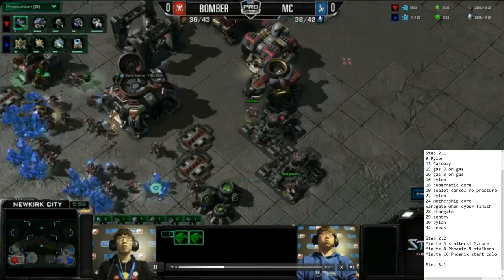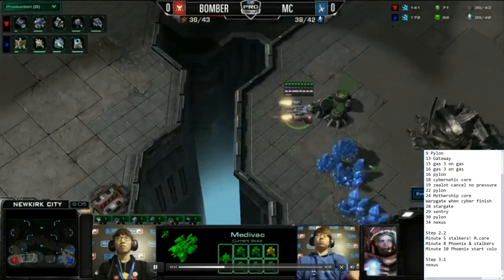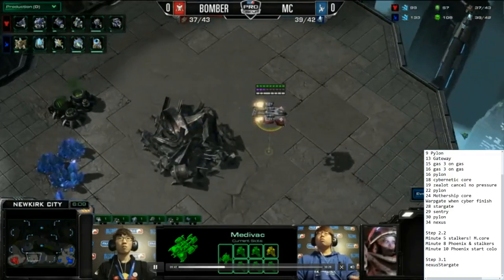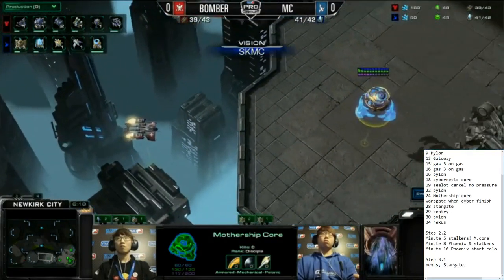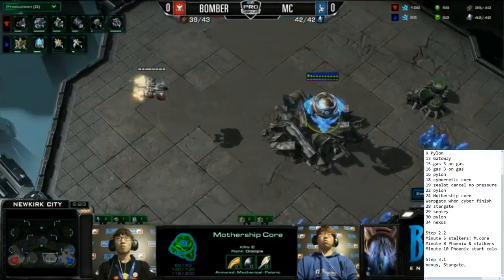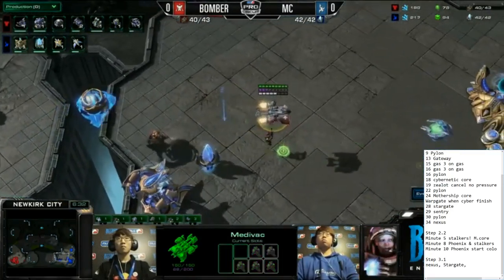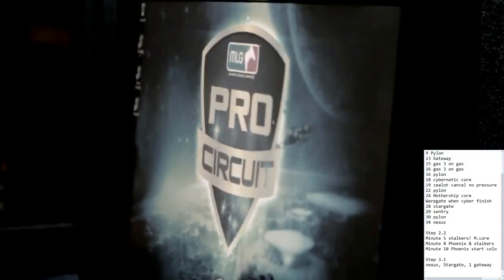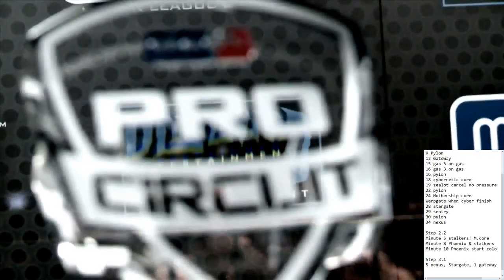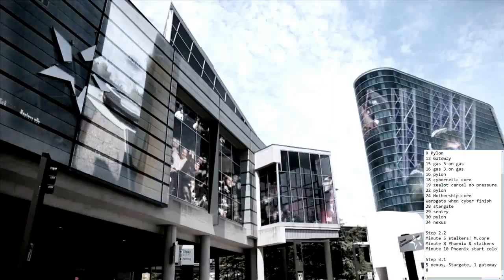the Nexus, of course. So Nexus, Stargate, and the drop's coming in, so I'm going to get a glimpse of the army of the base soon. 1 gateway. Stupid ads. 5 min. 8. And you don't have to write them down twice,